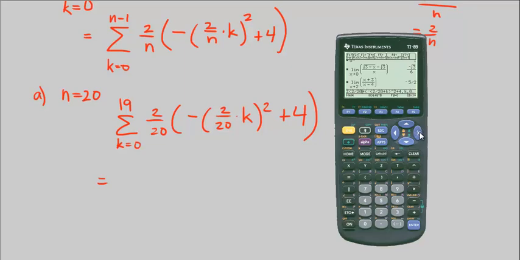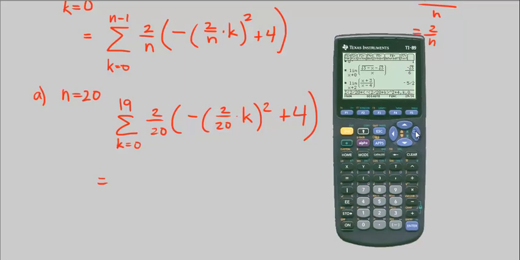Right, 2 over 20 times this whole thing, and I forgot to close my parentheses here. Enter now. I can go ahead and check what it looks like here to see if it matches. Yes, k equals 0 to 19, 2 over 20 times negative 2 over 20k squared plus 4. Yes. And I get